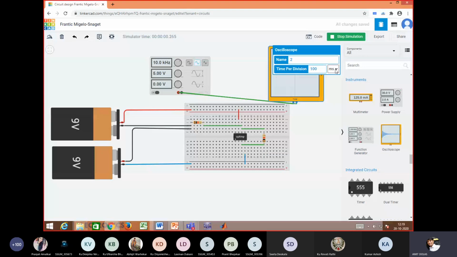1 kilohertz means 1 millisecond and 10 kilohertz means 0.1 millisecond. 100 पे क्यों नहीं आया था? You just look at the screen.